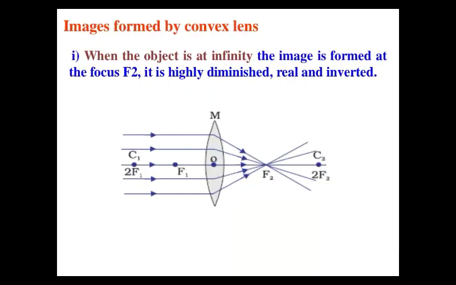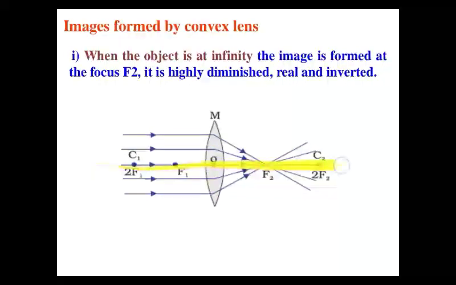So if we are observing the object, the rays of light which are coming after reflection from that object, we will show these rays of light in the form of parallel rays of light. And when these fall on this convex lens, they will refract and meet at a single point. That point is the focus.